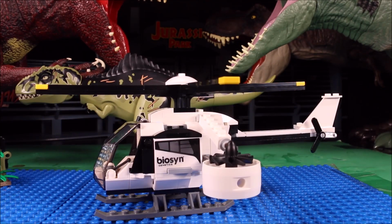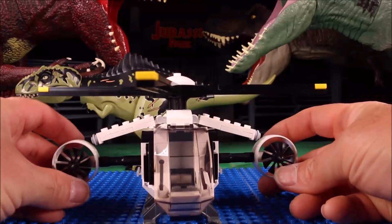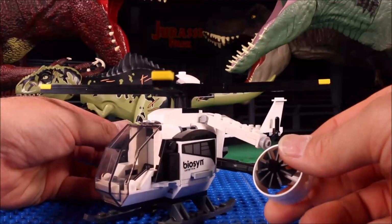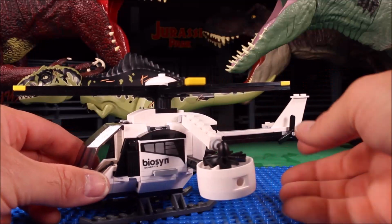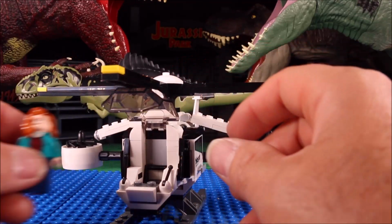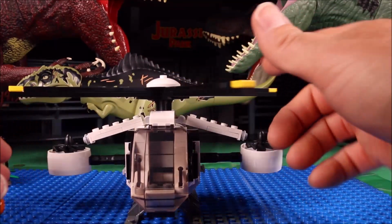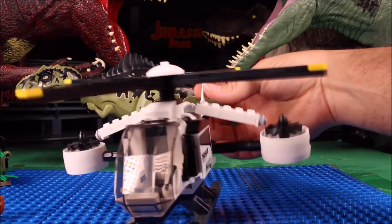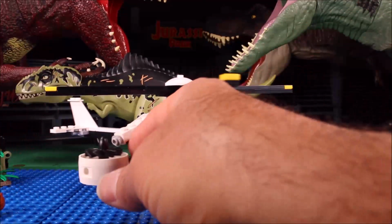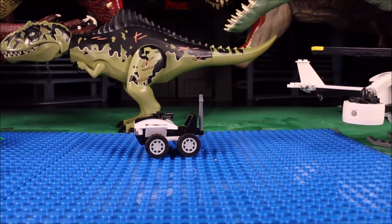On top of all that, you got one of these awesome helicopter airplane deals that have the blades that swing forward, so it's in airplane mode, or if they have to go up like a helicopter, they even spin, so this thing could go up like a helicopter and fly like an airplane. It has a cool cockpit here that will fit minifigs so they could fly the helicopter. It has spinning rotor blades, which are really cool. It says Biosyn Genetics. So Biosyn Genetics looks like it's gonna be the bad guys in the movie. Comes with this cool little ATV there, and then